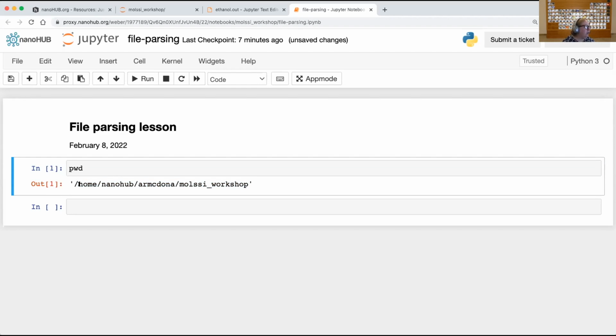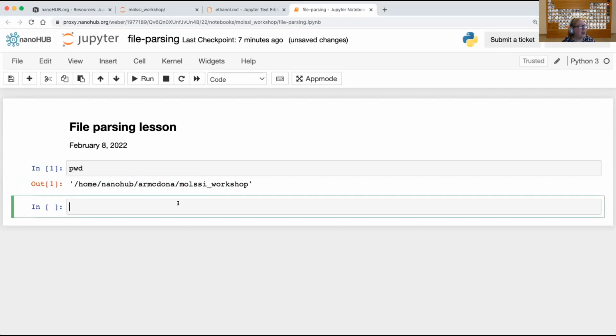Now, we're all using the nanoHUB resources, so everybody's looks something like this. But if we had a Windows user among us and they were running things on their own Windows computers, their little slashes would be going the other way. Okay? So I'm going to show you something, and then I'm going to tell you why you should absolutely never